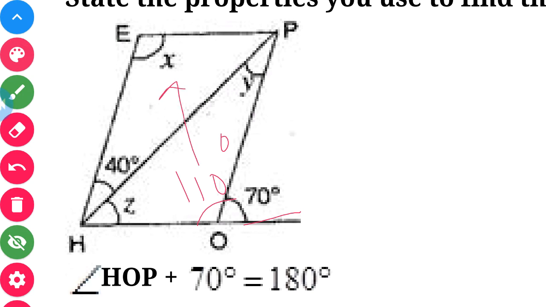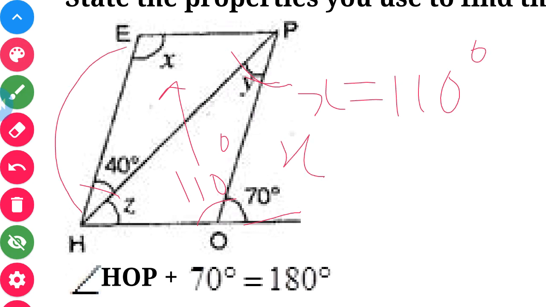And if I want y, it becomes 40 degree. Why? Because alternate angles are equal. And when you get y here, you can easily find your next angle, that is z. So here if you just see the adjacent angle, that is, if x is equal to 110 degree, children, okay, so this becomes your equation, like sum of adjacent angles is equal to 180 degree. So here I can say x plus 40 plus z will give me